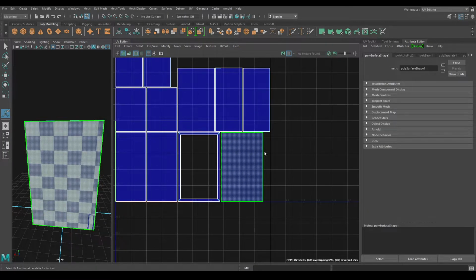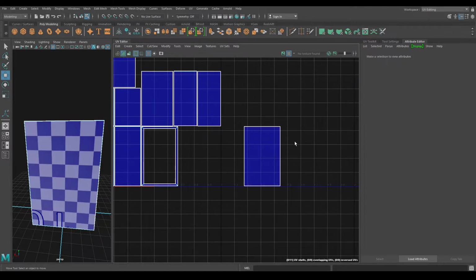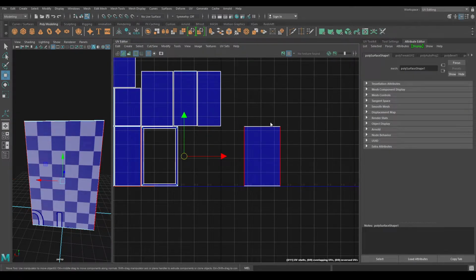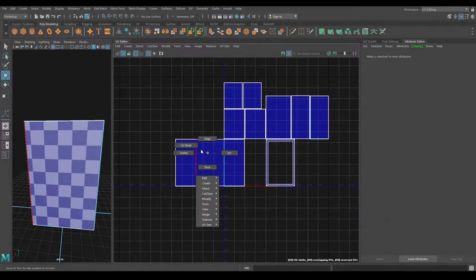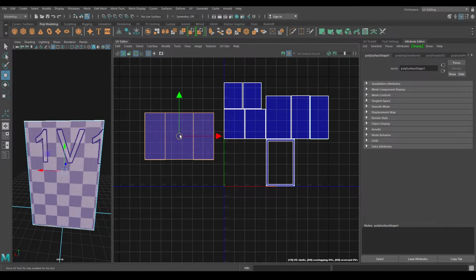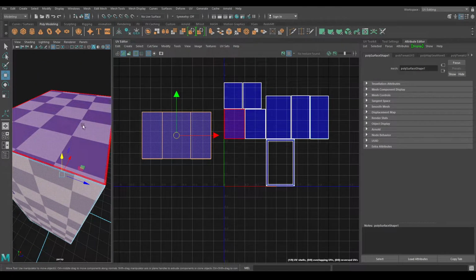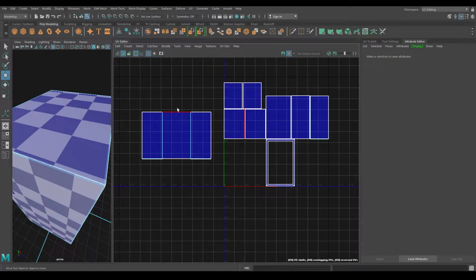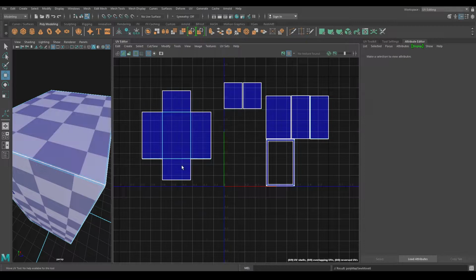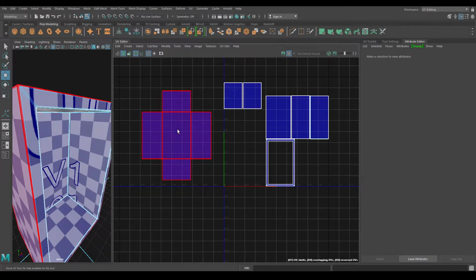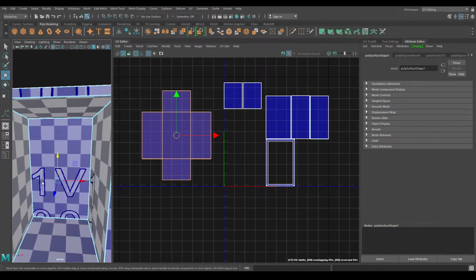So this is the back shell here and bring it out. Go to edge mode and select these edges on the side and press Shift right click and use move and sew. And our edges are attached. So let's attach the top component. So select this edge and this on the bottom. Again use move and sew. So our outer part for the vault is unwrapped.